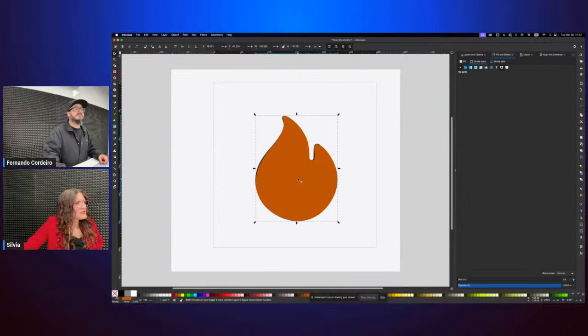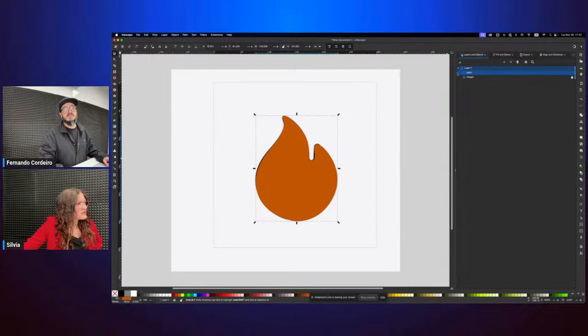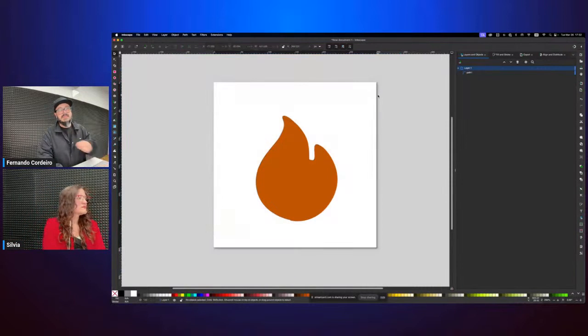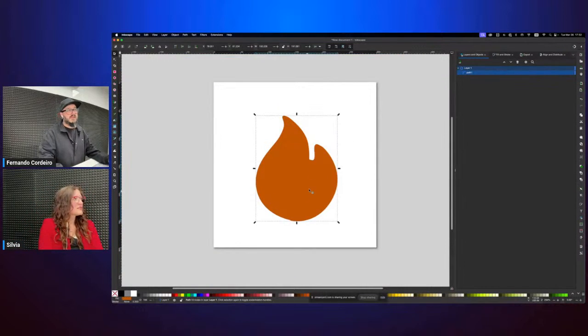With my fire here, what we did last time, we're gonna repeat it. I'm not gonna need this image anymore. I'm gonna unlock it here in the corner of my layer, and I'm gonna press delete. I'm gonna have my fire here,